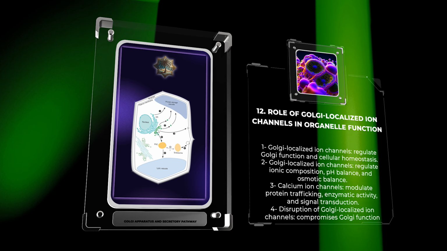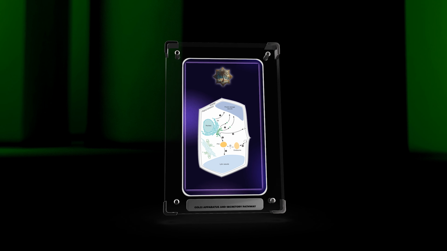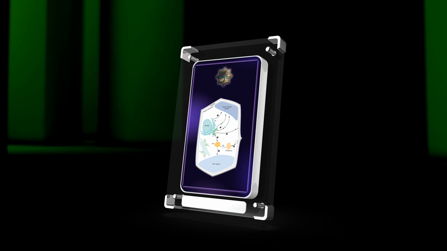In conclusion, the Golgi apparatus is a complex organelle involved in cellular processes like post-translational modifications, protein trafficking, and membrane dynamics. This lecture covered topics like Golgi protein glycosylation, non-canonical secretion, and Golgi's impact on cell signaling and neurodegenerative diseases. Understanding Golgi biology is important for understanding cellular processes and potential therapeutic targets.